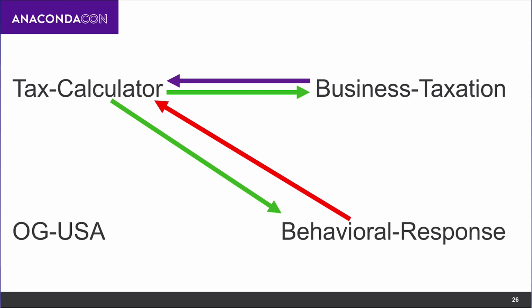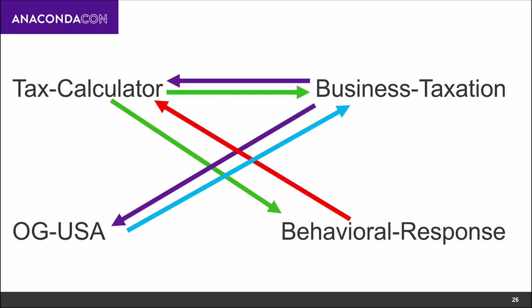So continuing on, business taxation and OG-USA can, of course, have some relationship because, again, with OG-USA you're measuring macroeconomic effects. Business taxes are going to have some kind of macroeconomic effect, so you need to worry about that relationship as well. And then, of course, you need to worry about the macroeconomic effects going in between OG-USA and individual income taxes, because something like your average wage growth is going to change how much we project tax liabilities to